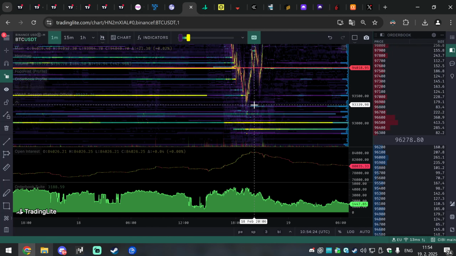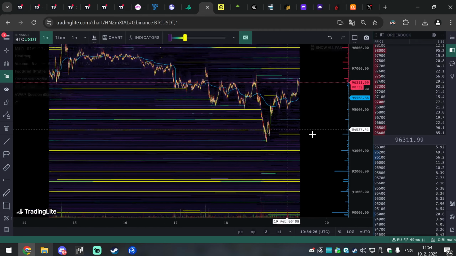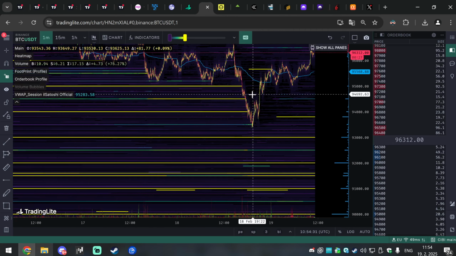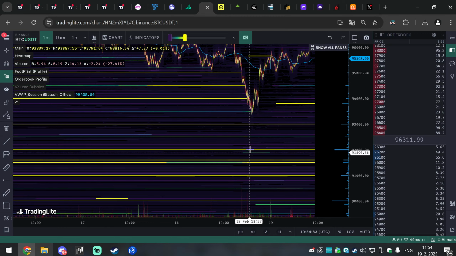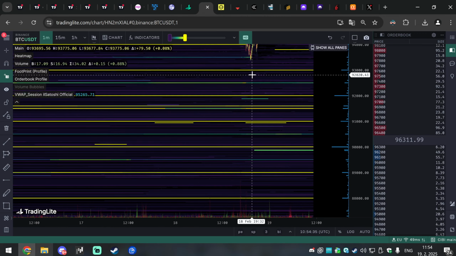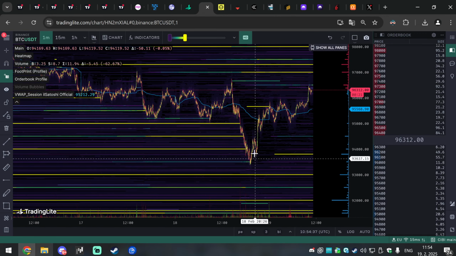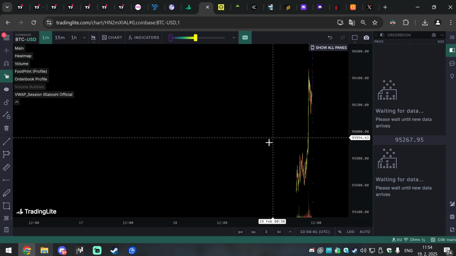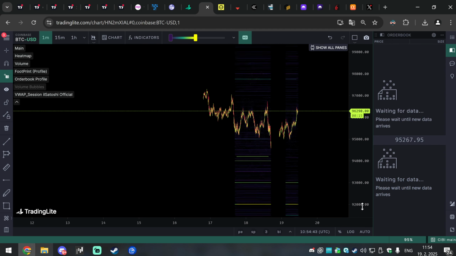Here 93k was getting defended. On the spot market, it was even more clear. Some bigger buyers were filled, yes, and then you've got even more support. Look at that, they are adding walls for any more cascaded moves to the downside. So I think also Coinbase, because Coinbase is the third most important we watch. Coinbase also was, yes.